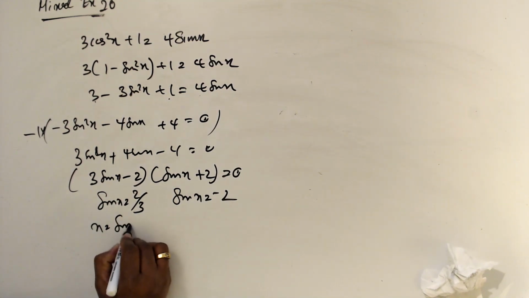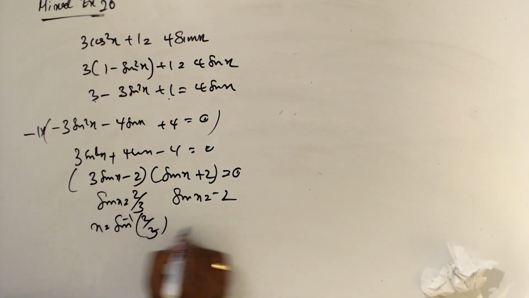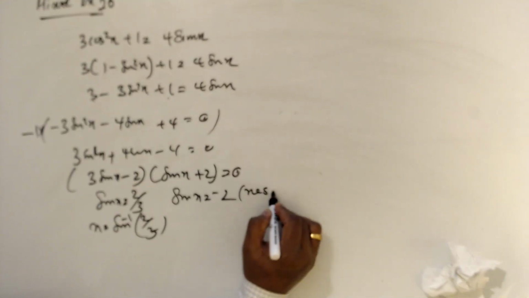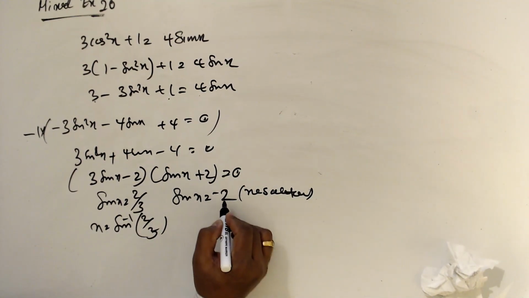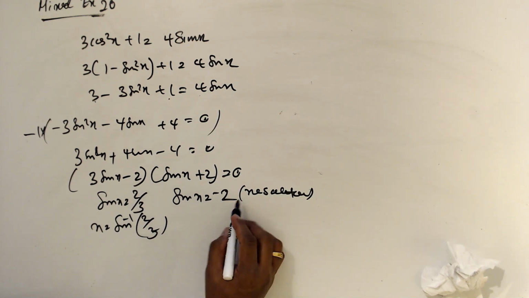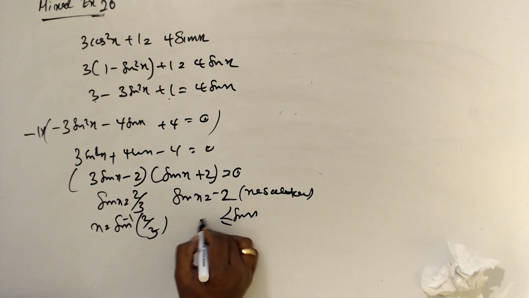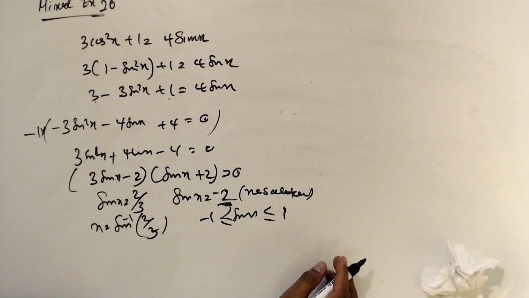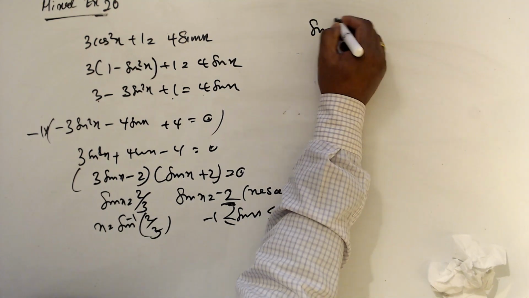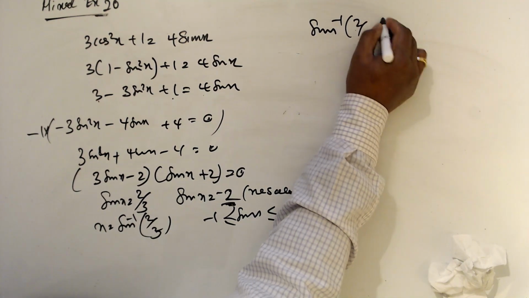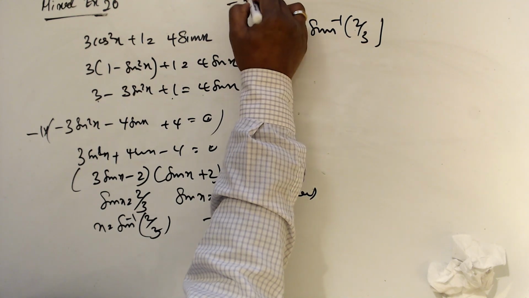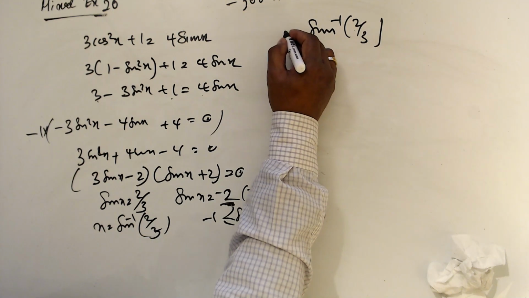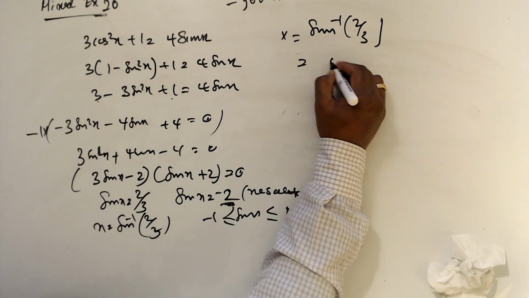x equals sine inverse 2 over 3, and for this one no solution, because it is not in the interval. Sine x should be minus 1 to plus 1. This answer is out of the interval. Now we'll take this one, sine inverse 2 over 3. We need answers from minus 360 to 360. So this is going to be 41.8,